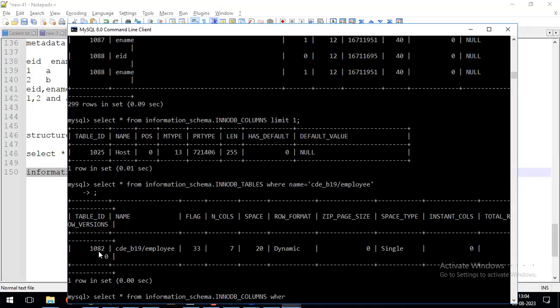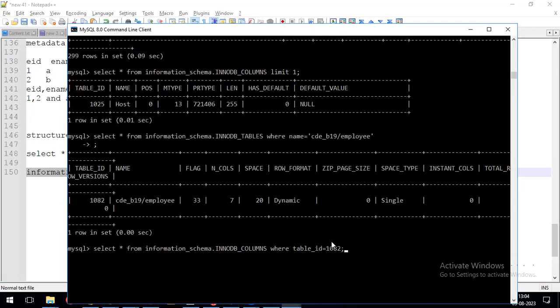Here I will give the condition as where table_ID is equal to 1082. Tell me, here what is the meaning of this 1082? In INNO_DB_tables, this is one of the system tables. In this table, it is storing the tables' information. For this employee table, what is the table ID we are having? 1082, which is nothing but